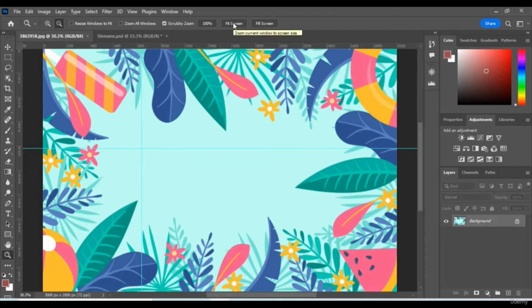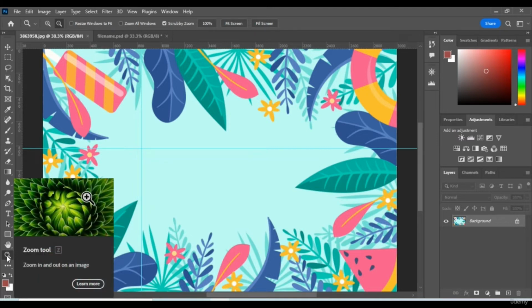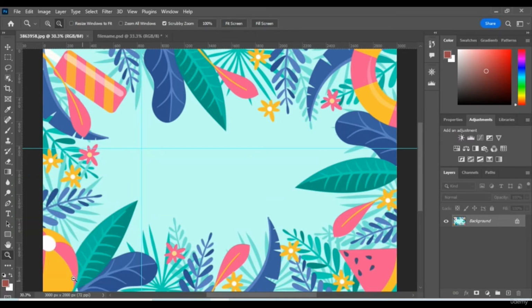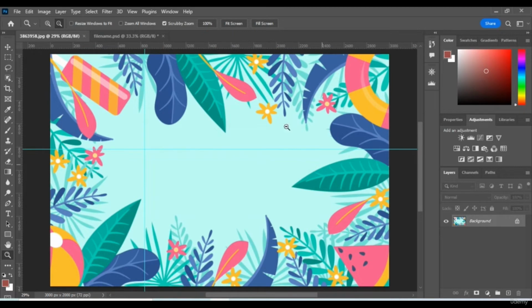And fit screen is to adjust whether the width and height fit into the screen, either one of them, either width or height. And you can zoom right here, type any numbers that you want, 29%, it will fit 29% of the original